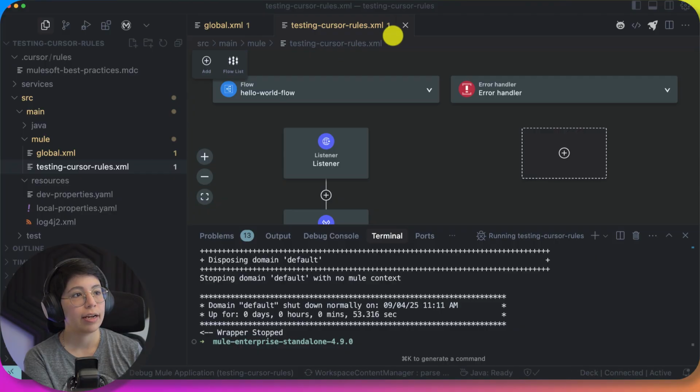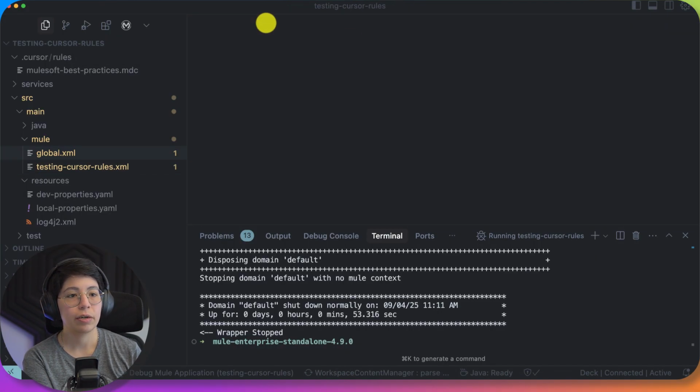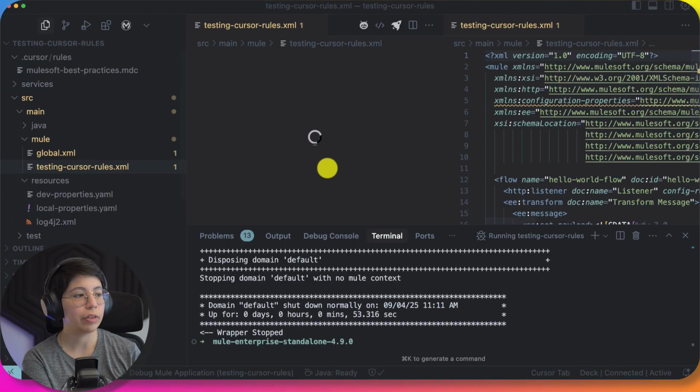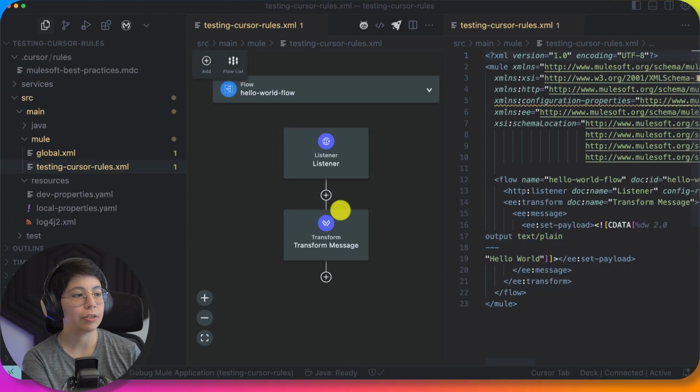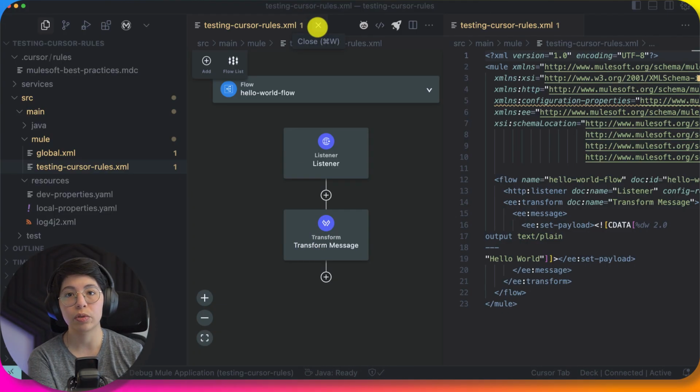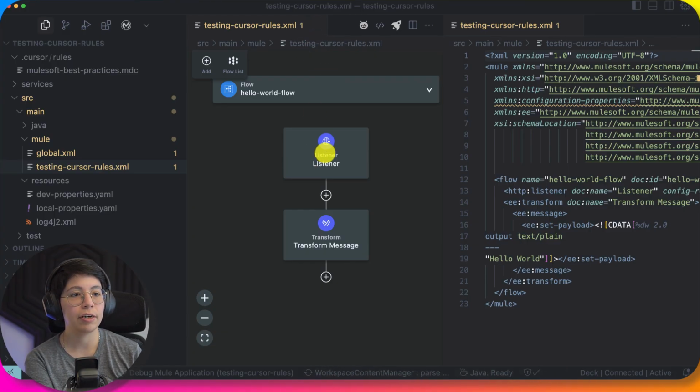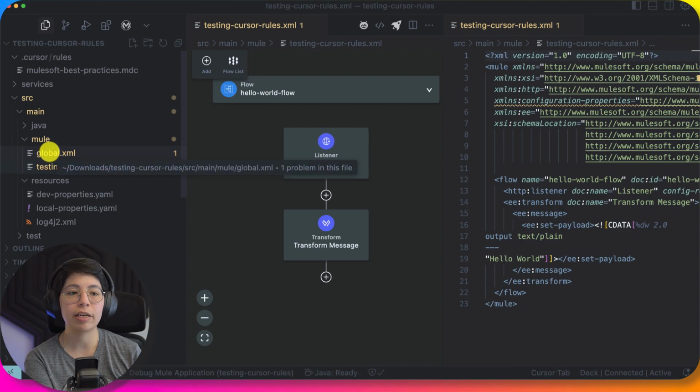But yeah, I asked one thing, which was to create this flow with the HTTP and with the transfer message. It did create a set payload component instead of the transfer message, but that's okay. I just told it to change it, and it changed it. And then the HTTP listener global configuration was added. Well, not immediately. I had to tell it to follow the best practices, but it was added to the